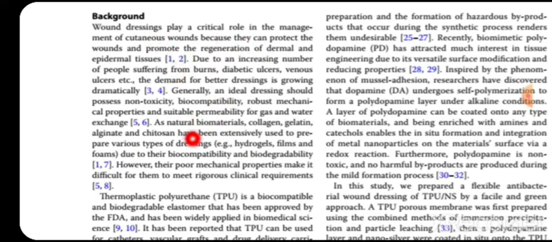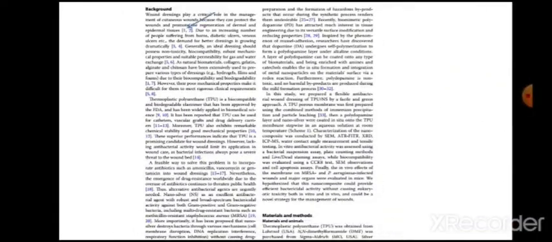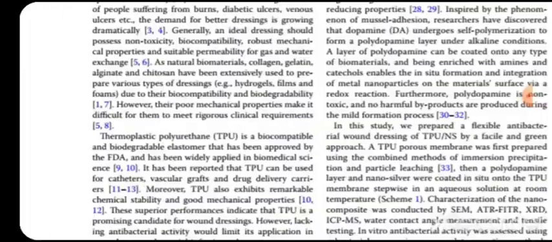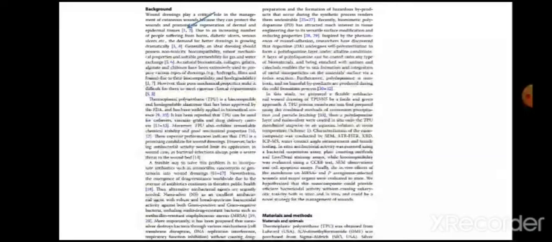This is all text, and within this text you are quoting the citation of that particular reference. It can be quoted by mentioning the name of the author and year. That is one way. I'll show you later on. And another way is you can put the number of that particular reference. Yes, this is how the references are cited.